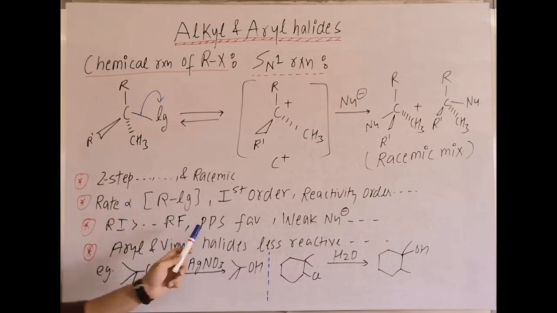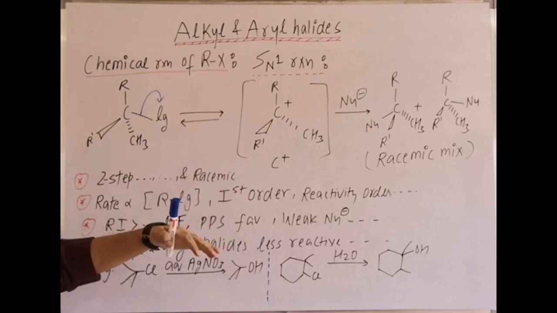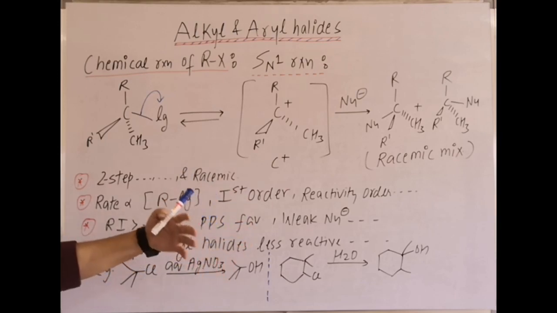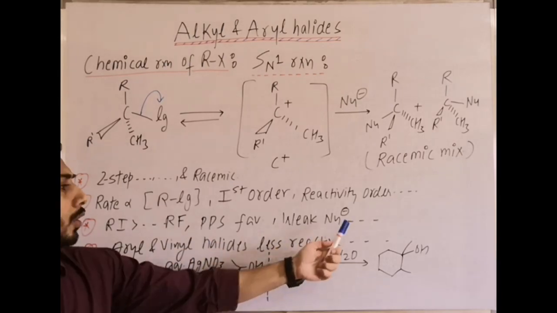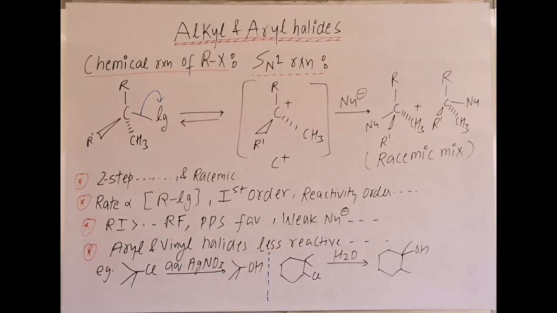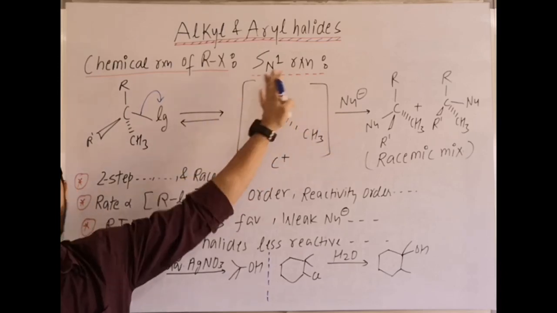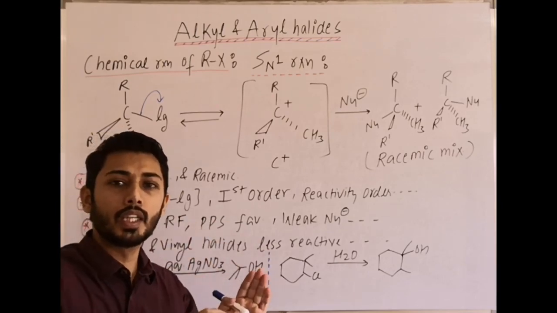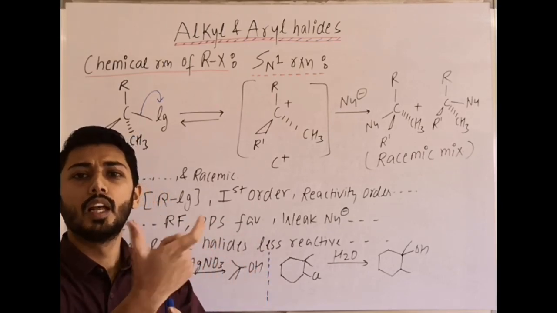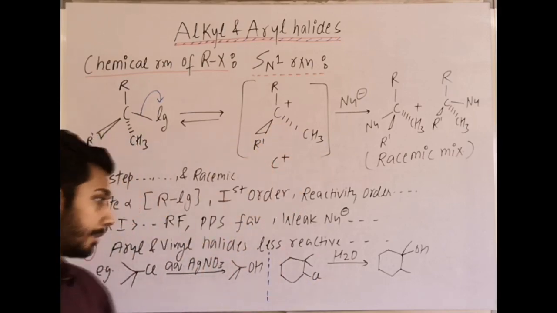Then which solvent favors here? Polar protic solvents like water, alcohol, acetic acid, we can take amines, they can favor, we can take thiol also, they can also favor. Then a weak nucleophile also favors the SN1 mechanism. Why? Because a carbocation is formed and then the weak nucleophile attacks. If we take a strong nucleophile, then chances are there that simultaneous attack of the nucleophile takes place and the reaction will go for the SN2 mechanism or elimination is possible.